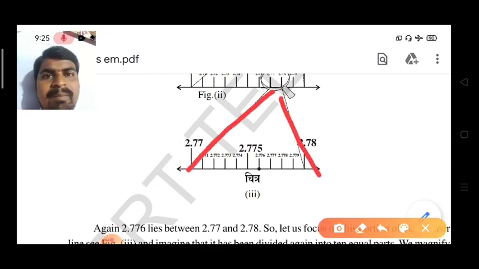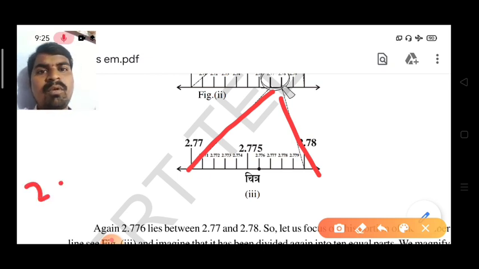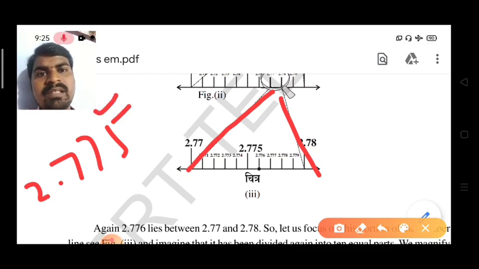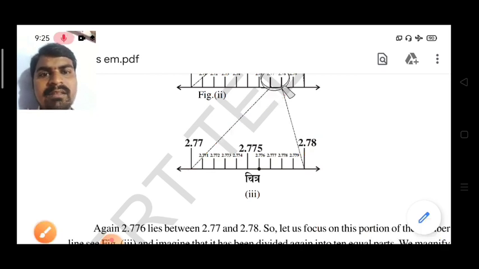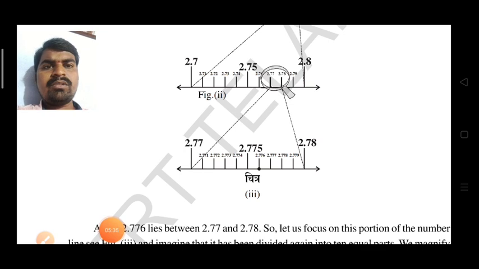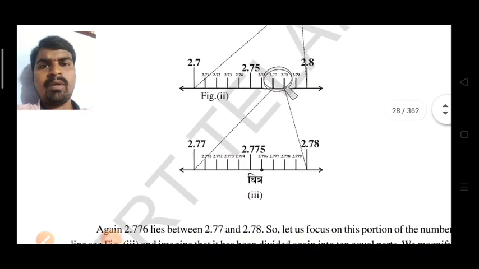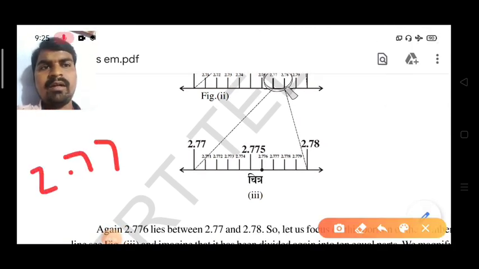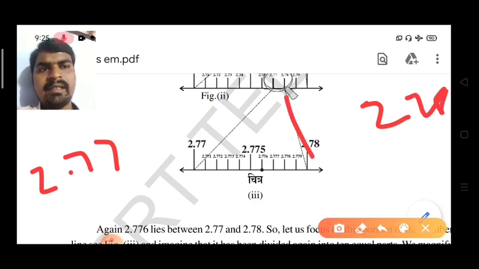So the hundredths place is also completed, and you go to the thousandths place. The problem is 2.775. You observe the thousandths place here, 2.775. Okay now, here 2.77, 2.78. After that you have to write the numbers between them. Here 2.77 and 2.78, you already selected like this. So between, you write